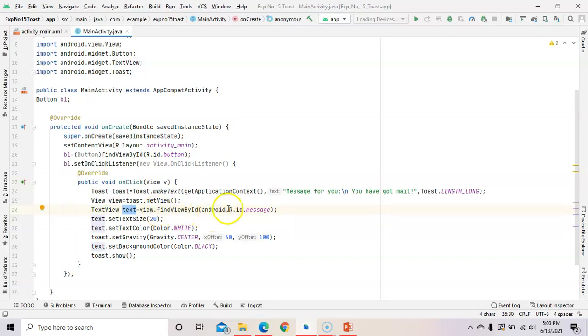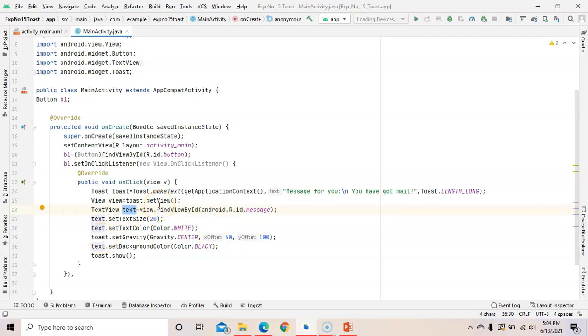So Android r.id.message. So this is the syntax. Here you can't take any other name. Compulsorily we need to take the ID of a text view as message, and this message ID we have assigned to the object of a text view. Text view's object is the text. So this message we assign to the text. Okay. So by these two lines we take a view, that is text view.